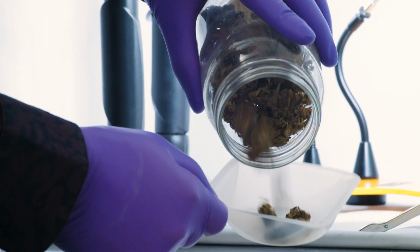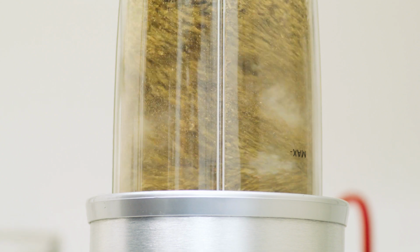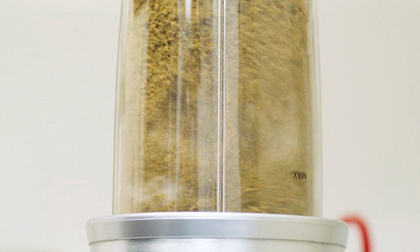So why do we even do cannabis testing anyway? What's the importance of it? Well, if you were taking Tylenol, wouldn't you want to know the dose of the Tylenol that you were taking? How many pills do you take? 1, 2, 3? Without the dosage, it's kind of hard to know what you should be taking in order to get the optimal result. Similarly, if you were consuming any type of natural product, you want to make sure that